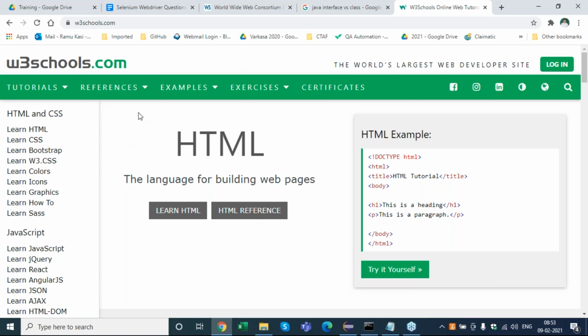Selenium is implemented is also important, team. What Ram